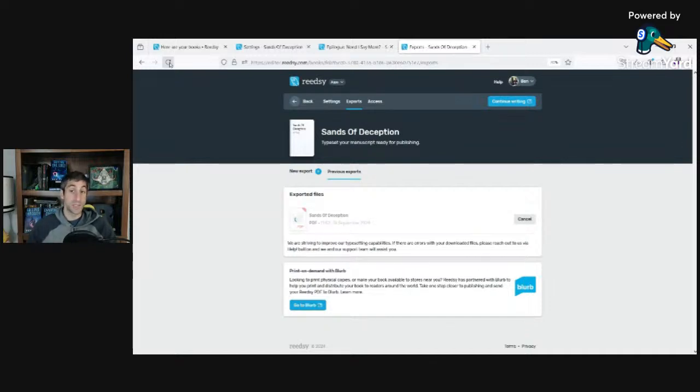So in a few specific cases, I was also able to add carriage returns to manually push things to another page. If there was just a hanging line or hanging word, I could press enter and give it a full paragraph. Or I cut content so that a single sentence wouldn't get pushed to the next page. I think in my first book, one of the last lines was on an entirely new page, which looked weird. So I trimmed down that last chapter to prevent that issue. That's one of Reedsy's limitations, but it can be manually worked around if you look through the book and see where those issues come up.